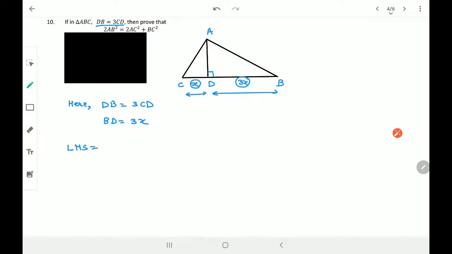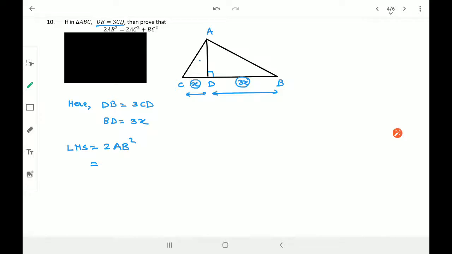So let's take LHS. 2AB square. Now you can try all by yourself. Stop watching the video. Okay, you can try LHS and RHS, you can solve and get the answer. Now unlike the previous question which had something common, in this question also there is a common side, like AD is a common side. So I hope you understood that AD you don't have to replace. Okay, so let it be AD as it is. In case you need, then only you can replace AD, otherwise don't do that.